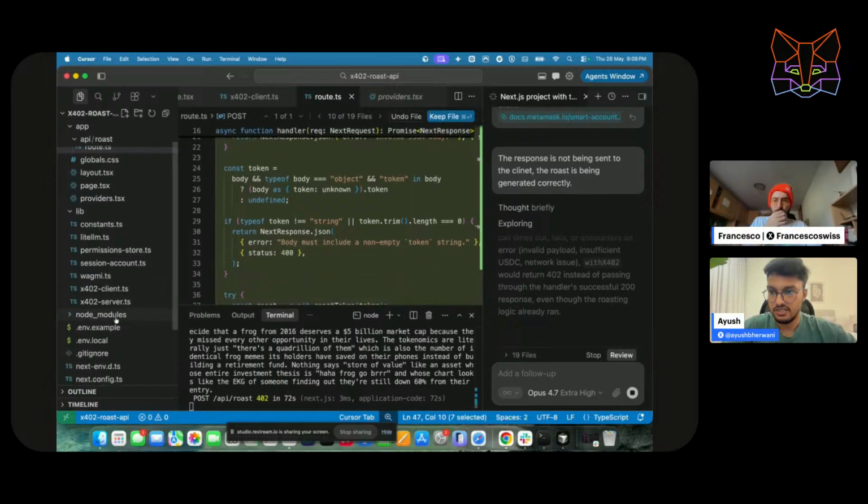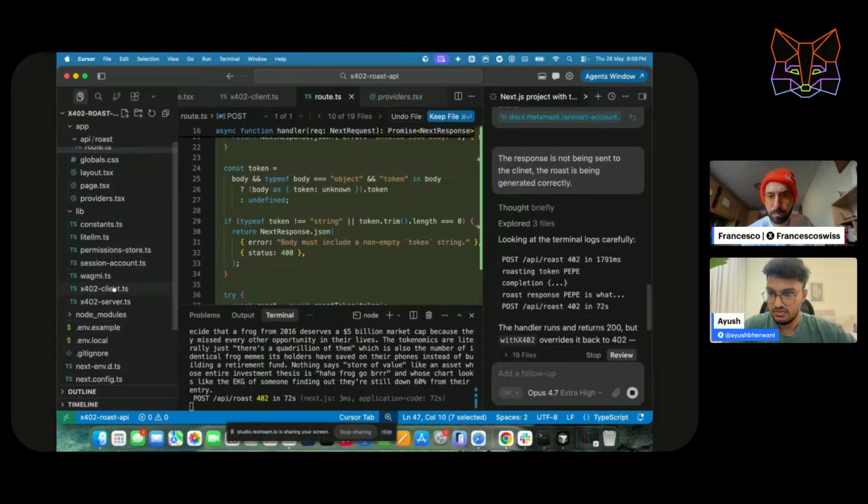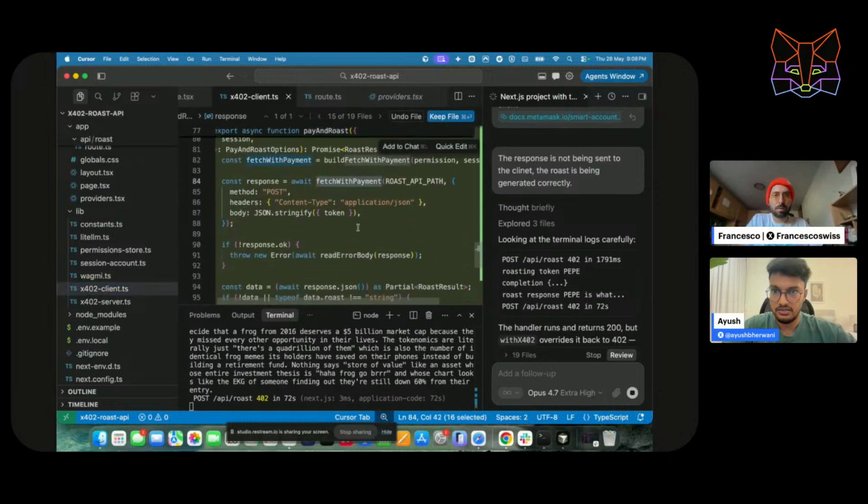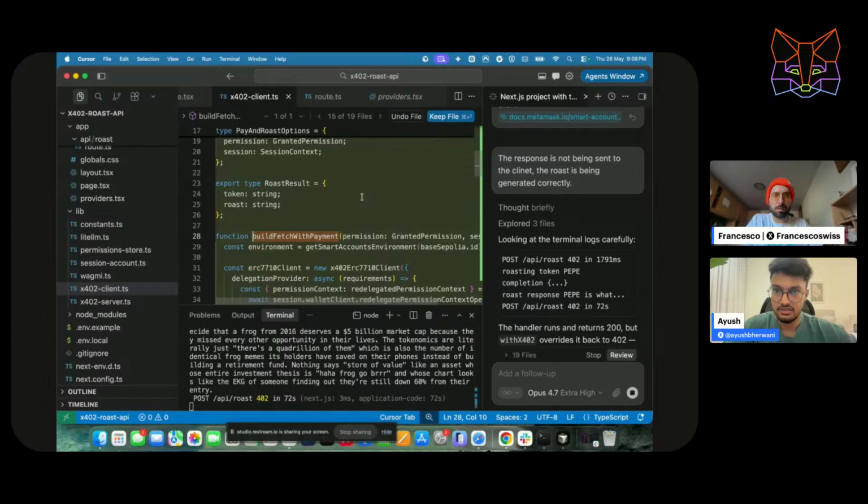Oh, there is one other issue that can also be there, which we can check in the pay fetch payment bill.